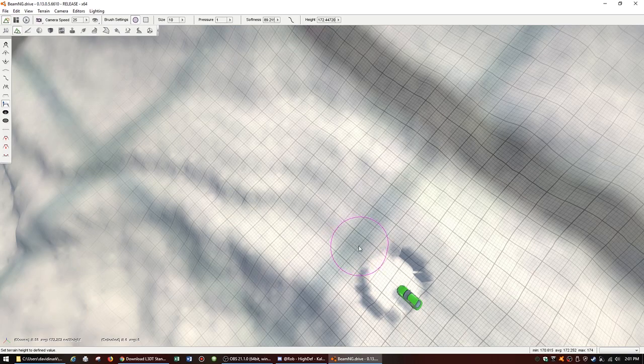Not the edge of the circle, sorry. I mean the mouse cursor itself, the center of the brush. So you're overlapping it like the Olympics rings. So you want to get the mouse onto the first bit of terrain that isn't affected by the brush, the effect you've just put on,